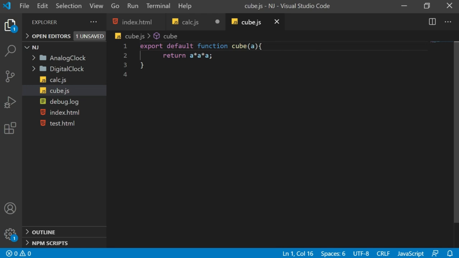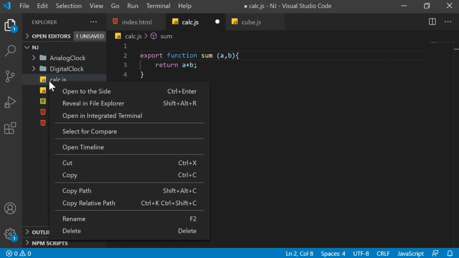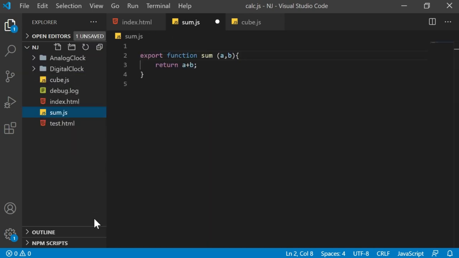That's it. At the same time, this calci file has the sum function. Assume that we keep this name calci only, or we can rename this. Let's rename this with sum.js. And inside this, I'm going to say export default function sum.